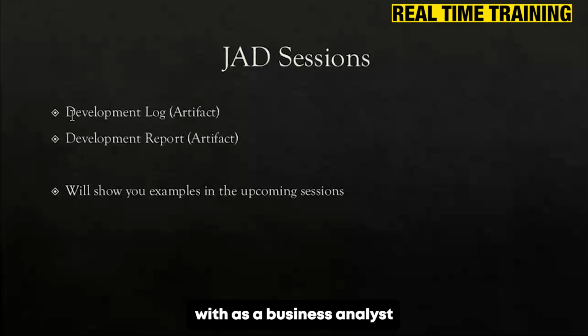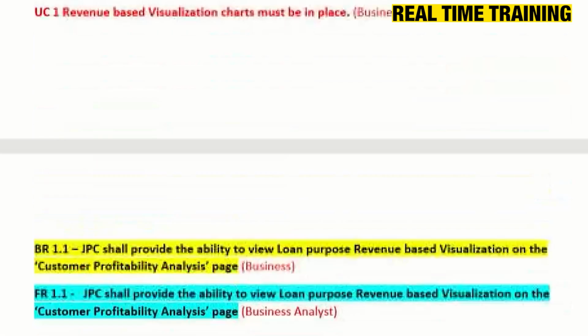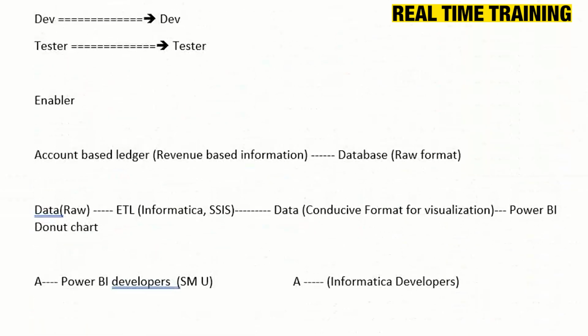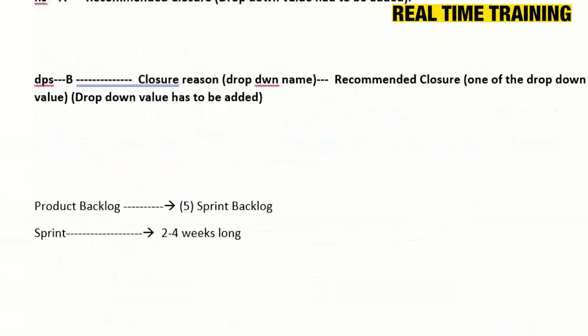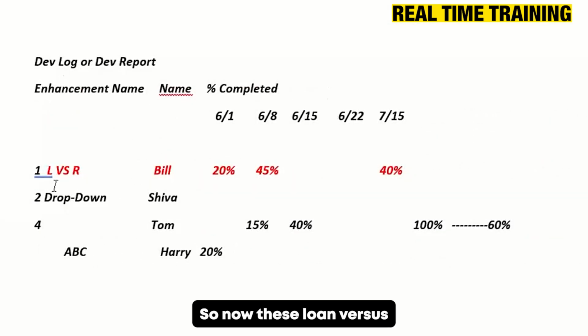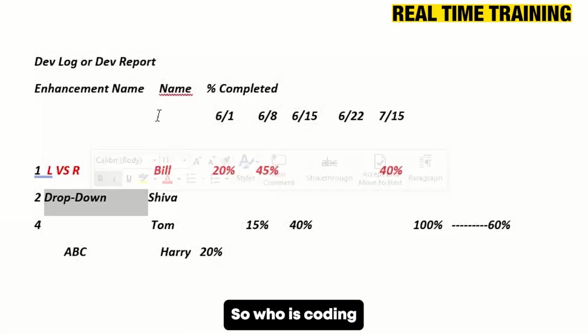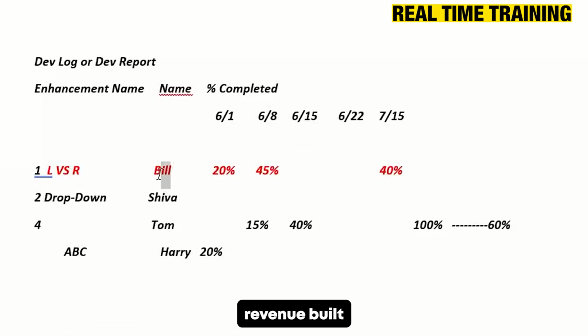And as a business analyst, you'll also come up with the development log and development report. Okay, so this is the development log. So now loan versus revenue is an enhancement. Drop down is another enhancement name. So who's coding for loan versus revenue? Bill. Okay, on the 1st of June. So this is called development log. You can create it in an Excel document. So the names of enhancements, names of the developers who are assigned to that enhancement,